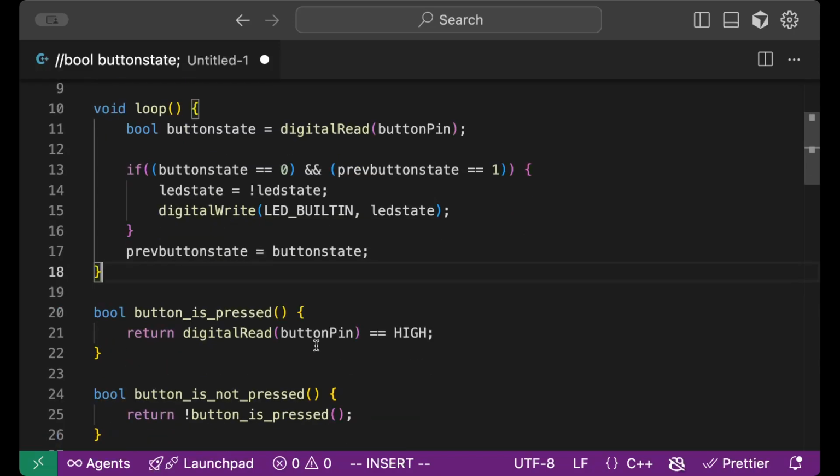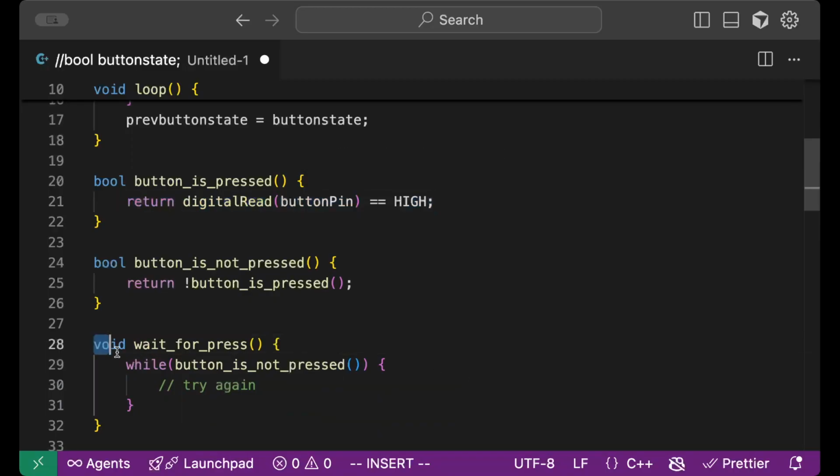So the first thing I do is write some helper functions. First, these two functions. Button is pressed is a function with a Boolean return type, and it returns true if the button is pressed. Isn't that useful? Now we have an English statement for the mechanical thing that we want to be looking for. And similarly, button is not pressed, kind of a convenience function, but it reads a lot better than negating this or even saying that this is low.